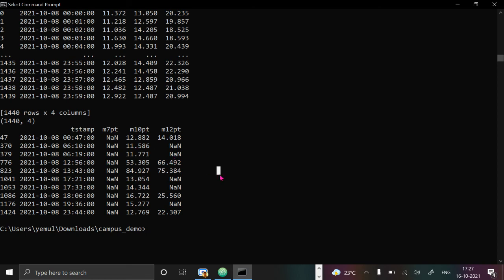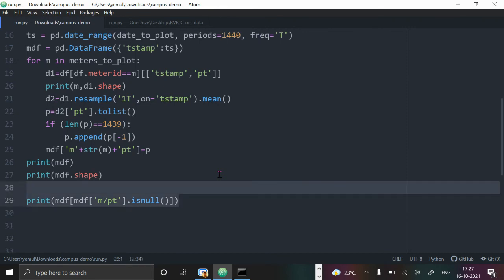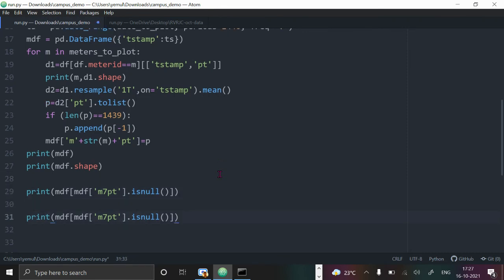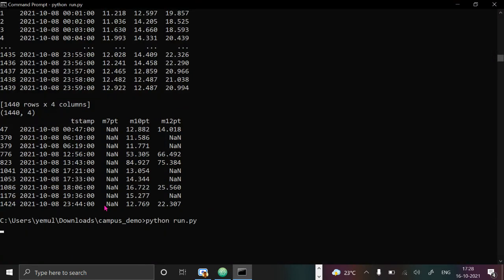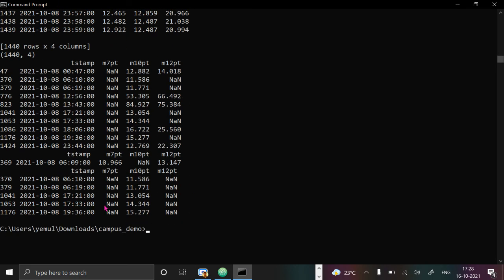Now if I repeat the same thing, this is just to find the missing data of different columns.